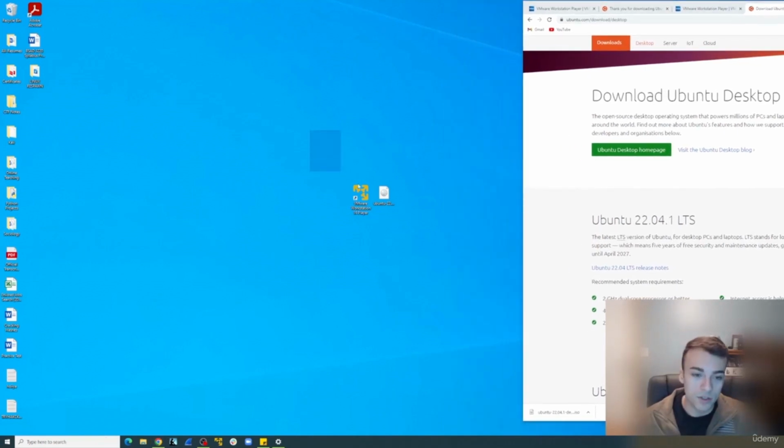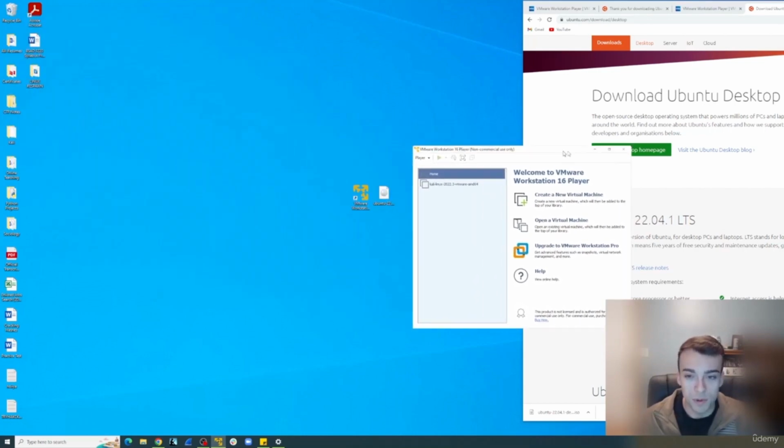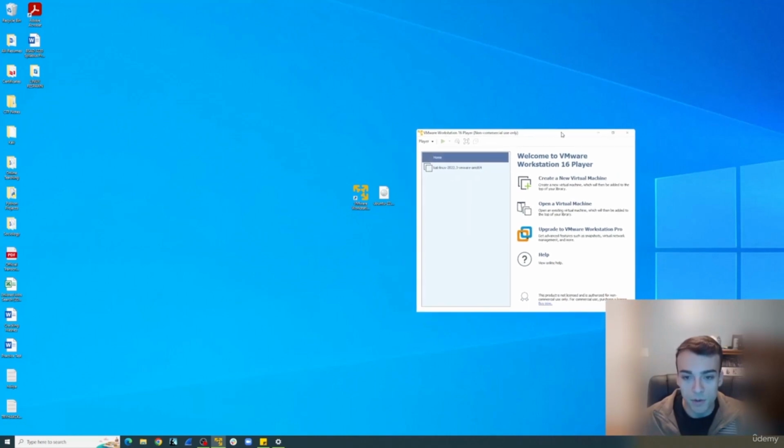And I have actually taken time to download both. You won't have to do anything with the Ubuntu ISO yet. With the VMware Workstation Player, just click through it, click Next, accept the standard installation. So I'm going to go ahead and open up the VMware Workstation Player. And I have my ISO on my desktop right here. So what I'm going to do first to set up our environment, and I'll close those tabs, is I am going to click on create a new virtual machine,